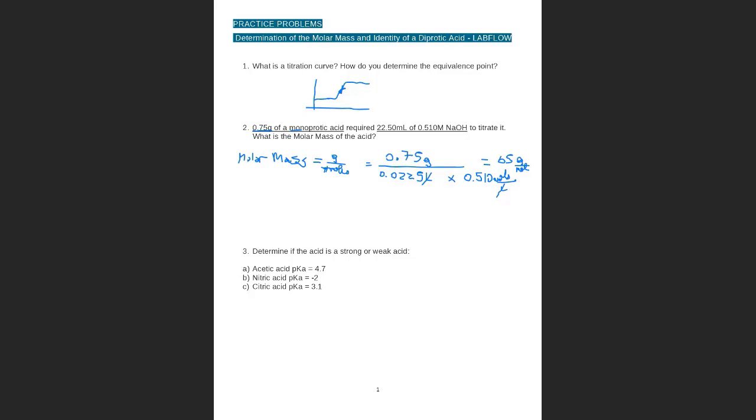I have a question. Hello? I can hear you. If it was a diprotic acid, would you have to divide the concentration times the volume and then divide that by 2? Basically, if you have a diprotic acid, in here, you are going to say, if you look at this reaction, let's say you have H in general that reacts with sodium hydroxide